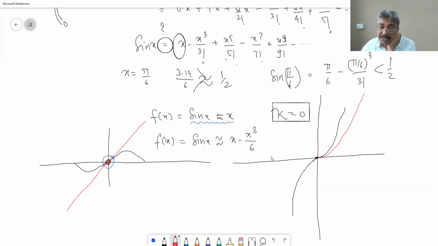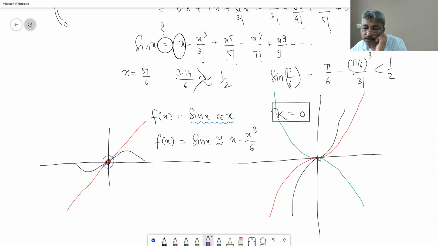When multiplied by 1 by 6, positive, it will look like this. Then 1 multiplied by minus 1. When multiplied by minus 1, it will look like this. Right? And then add x to it, so let me draw the graph of x also. y is equal to x. Okay. Now at every point, if I do this plus this, then you will observe.